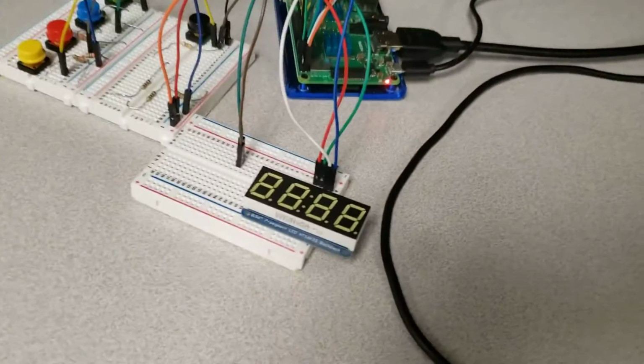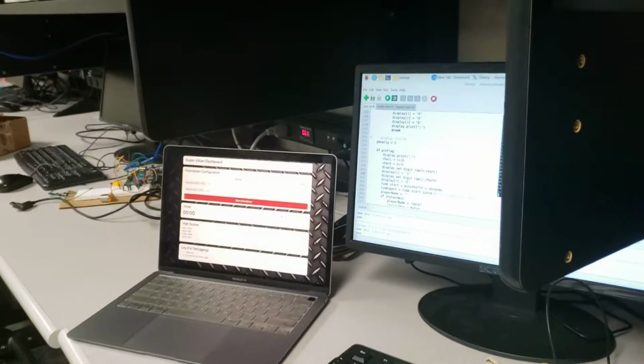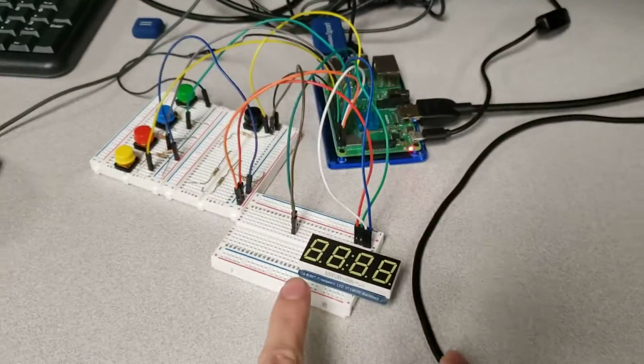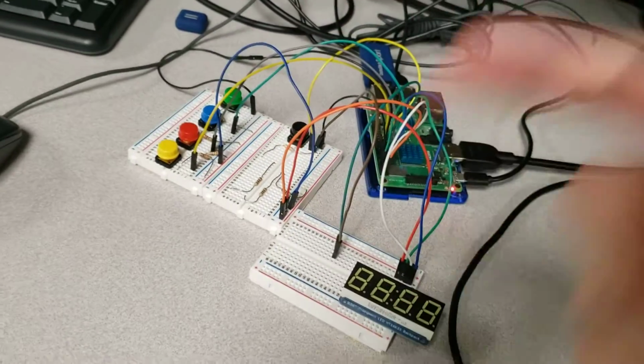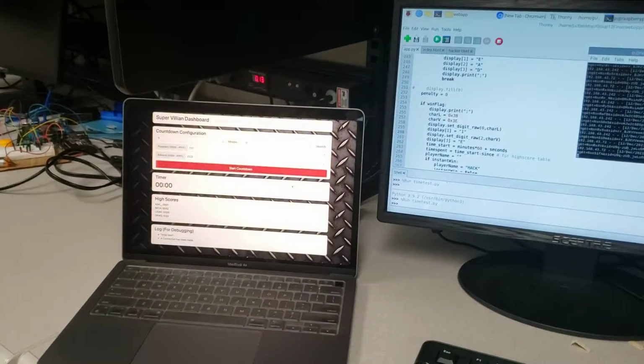As you can see here, we have the timer 7-segment display, which is not yet on because it has not yet been set by our supervillain dashboard. There are 4 buttons in order to control each of those, and then a black button in order to switch between the 2 modes. But of course, this timer needs to actually be set, so jumping over to a separate computer connected